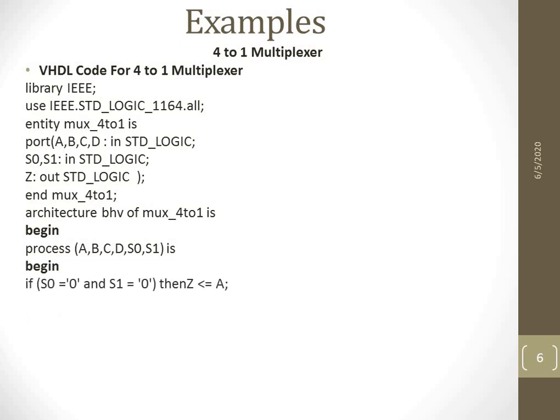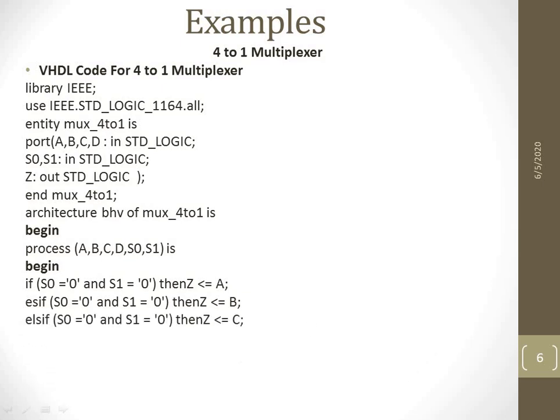If S0 is 0 and S1 is 0, that means both selections are 0, my output should follow A. Else if the selection is 01, the output should follow B, that means Z is B. Else the output should follow C, and for the last condition, that is the else condition, my output should follow D. End if. This is a nested if, as you can see, and then end the process and end the architecture. So this is the VHDL code for a 4 to 1 mux.